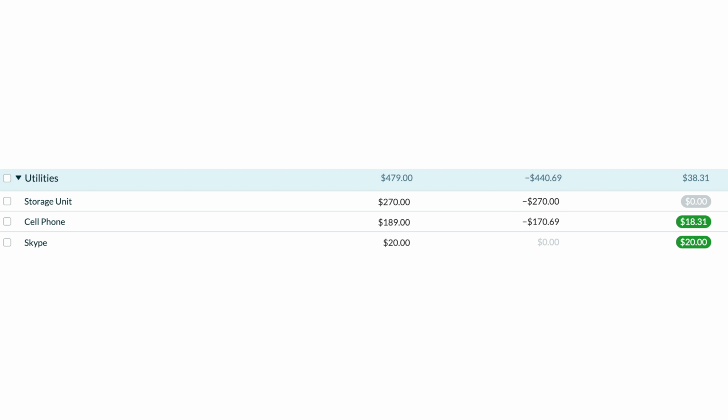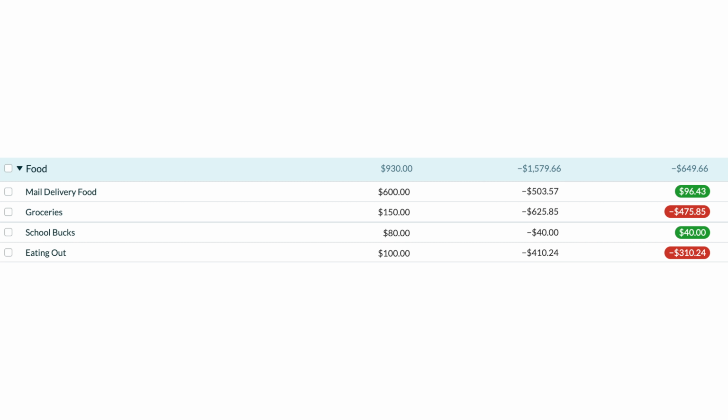In the cell phone category, I planned $189. We spent $170.69, so we have $18.31 left over. In the Skype category, I planned $20, and we didn't spend any of that, so we still have $20 left over. In the food category, the total amount budgeted was $930, and the total amount spent was